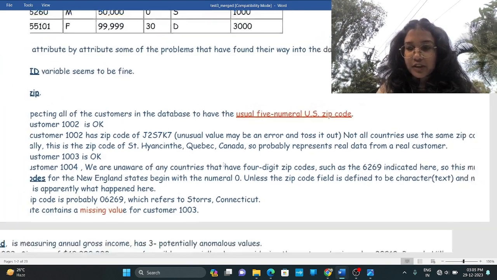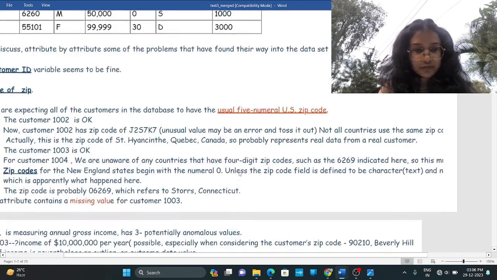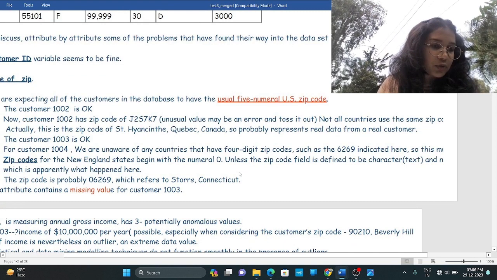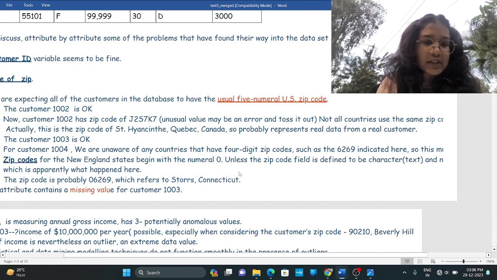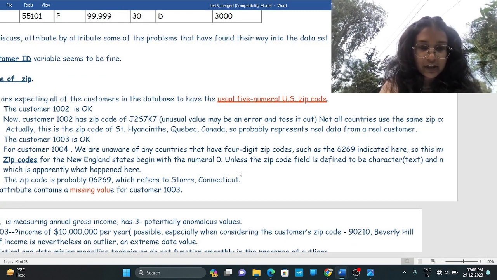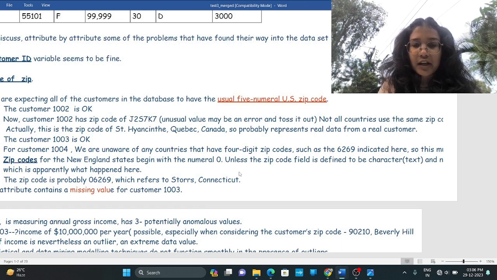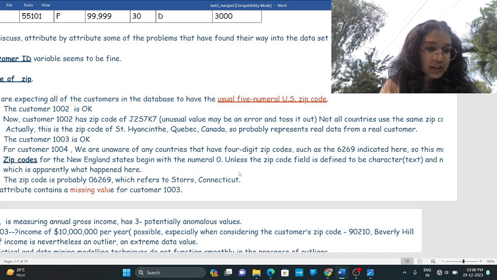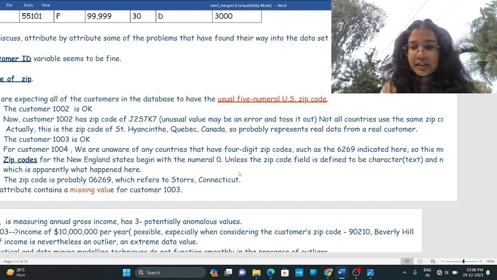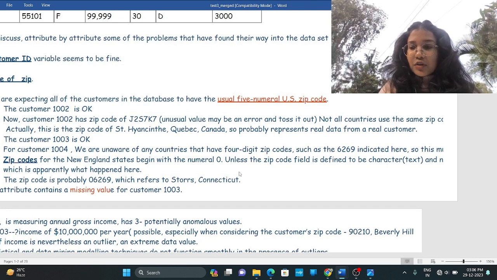But not all countries use the same zip code. Actually, this is the zip code of Saint Hyacinthe from Canada. So it probably represents real data from a real customer. The customer 1003 is okay. For customer 1004, we are unaware of any countries that have a 4-digit zip code, such as the 6269 indicated here. So this